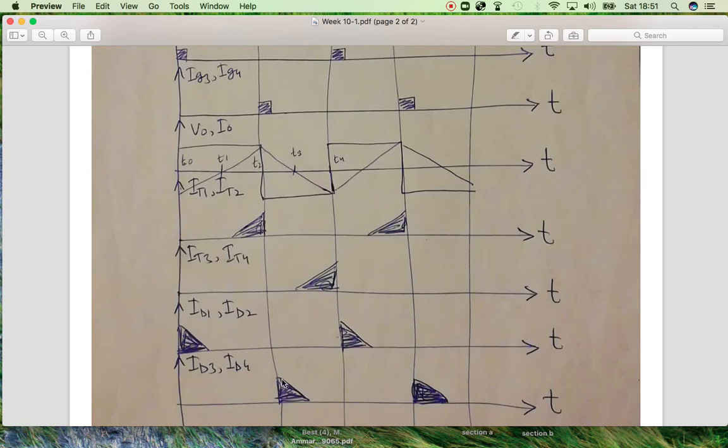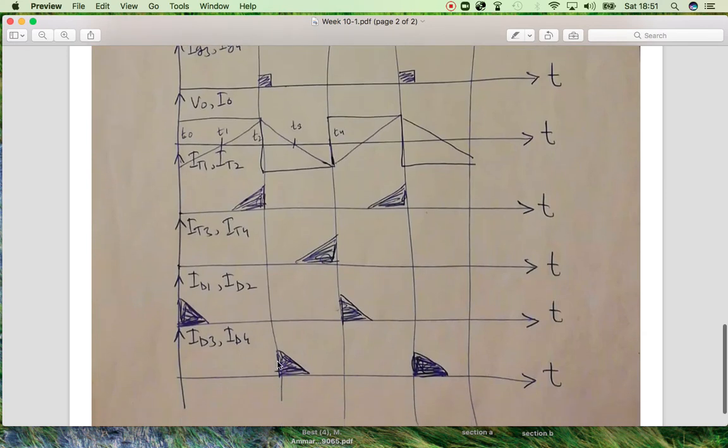And when we have the current which is positive and the voltage is negative at that instant of time, the current is being supplied by the load and it is passing through the third and the fourth diode. When both the current and the voltage are negative at that instant of time, the current will be flowing through the thyristors T3 and T4, and over here this is the current which is flowing through the T1 and T2 thyristors when both the voltage and the current are positive.